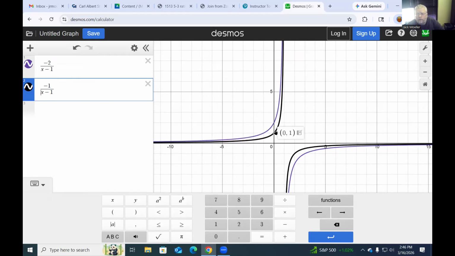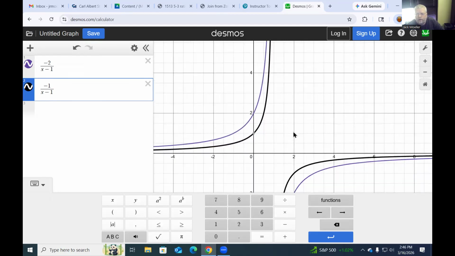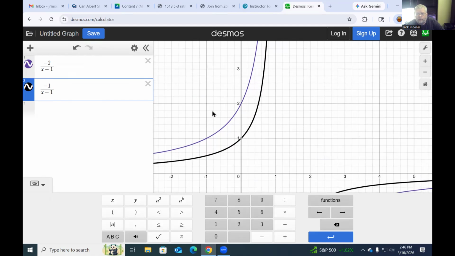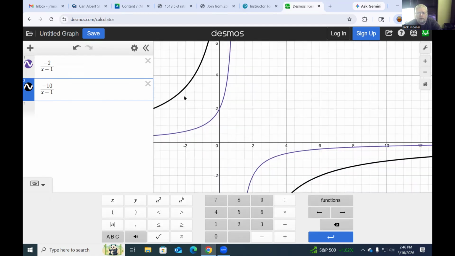All right, so the purple, the outside one, is the negative 2. The black is just negative 1, so that negative 2 makes it a little bit narrower. It's really kind of hard to see with these because they get so vertical, but if you zoom in, like if I made this, say, negative 10, that's going to widen it out. So what we're really worried about is not the 2 itself unless it was added or subtracted. If it was out here and it was subtracted,